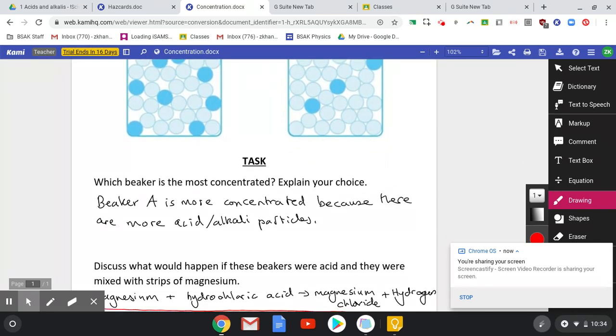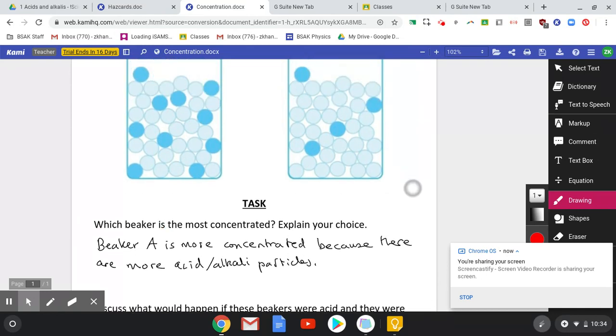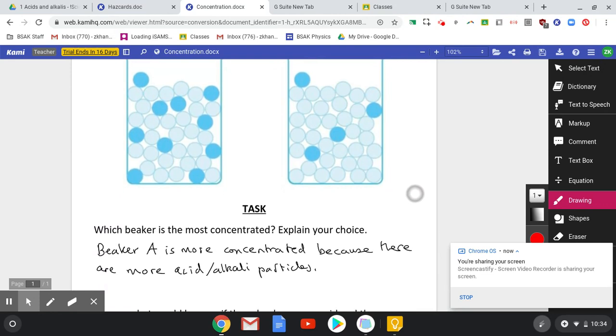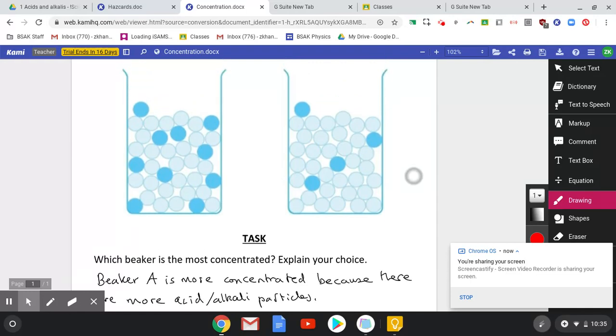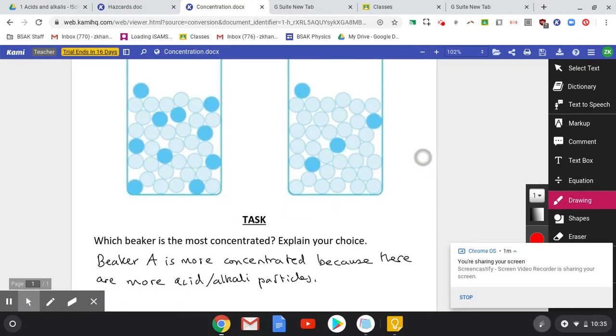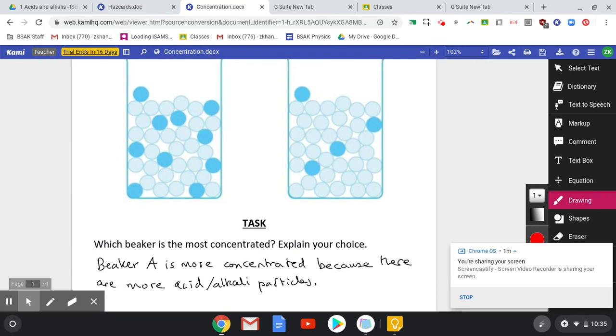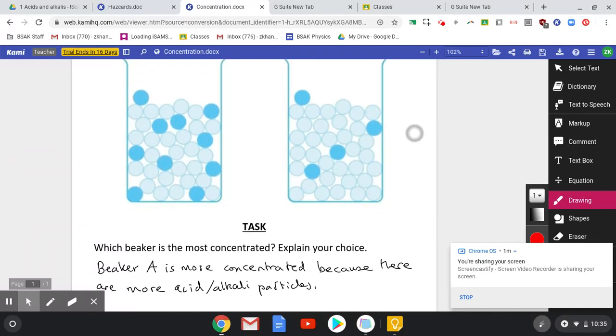Now, what you see with this question is which beaker is the most concentrated, and explain your choice. Now, by just looking at beaker A, I can see there are more blue particles. So I'm considering beaker A is more concentrated with these blue particles. Now, because we're talking about acids and alkalis, I'm assuming that these blue particles reflect either acid particles or alkali particles. So if you have more blue particles or more acid particles, then beaker A is more concentrated with acid